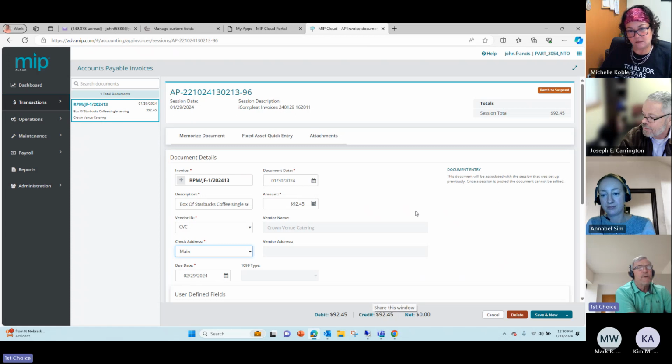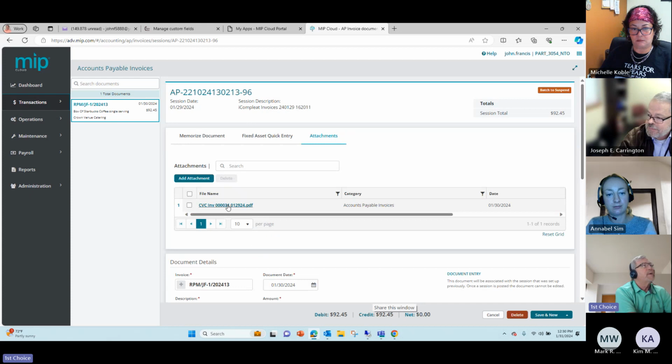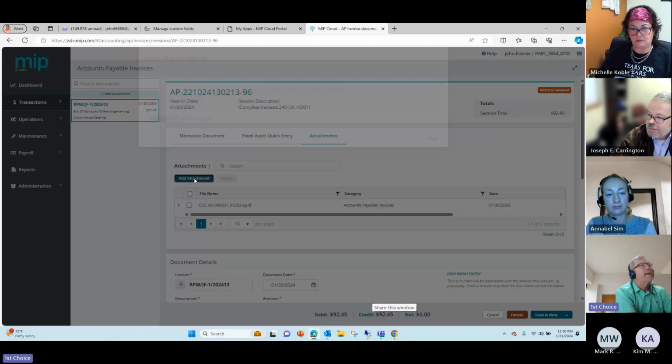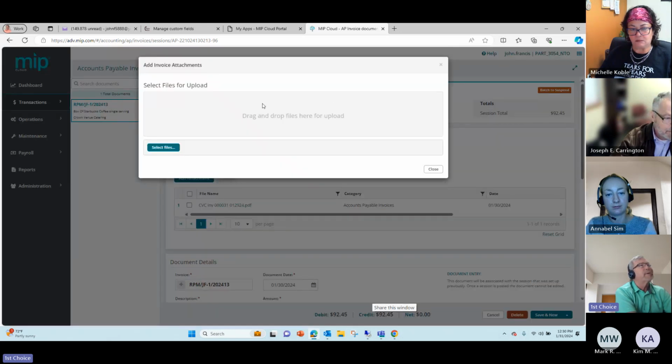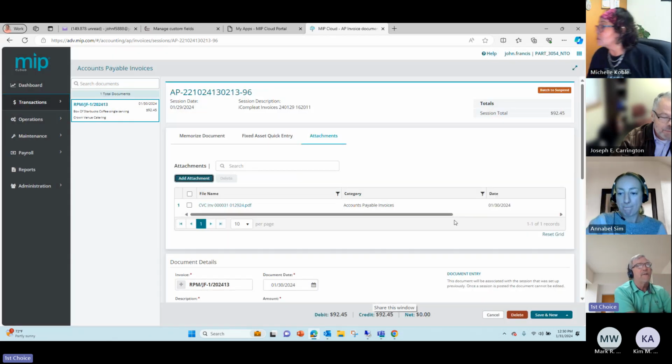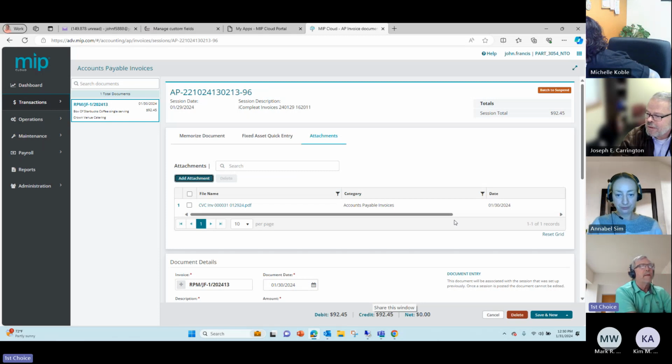And I think I'm sharing my screen again here now. So this is the modern user interface within the MIP cloud. And you'll see here that, a typical accounts payable transaction, there's an attachments form here, which frankly is much nicer than what is in the classic UI, because if I click on this, you can drag and drop fields. If I want to add an attachment, you can see that you can click, drag and drop. You don't have to navigate through all that hierarchy that you do within the